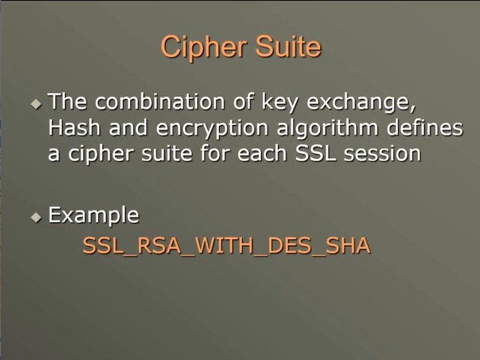Then the next important concept which you need to understand is the cipher suite. As we have studied, SSL is providing entity authentication, integrity, and confidentiality. So in that case, it has to use different encryption decryption algorithms, hash algorithms, and keys for them. And both parties have to use the same key. For example, when the sender is using the DES algorithm, the receiver has to use DES along with the same key. Only then is it possible to decrypt the message successfully.